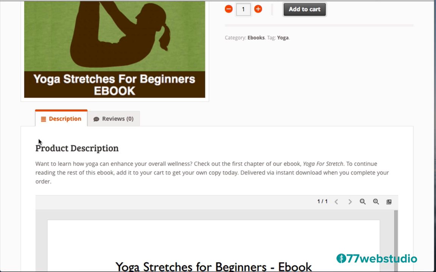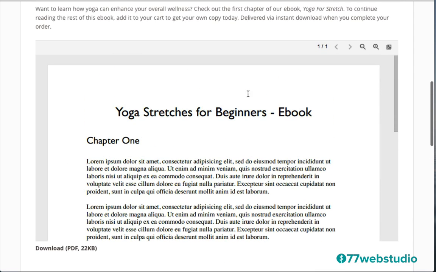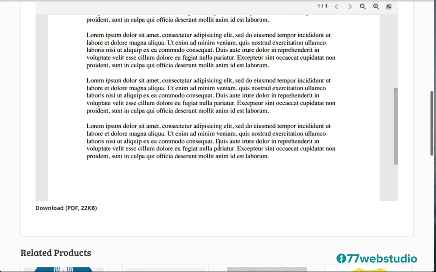And note that here in the product description box, this time we're going to add this Google Doc Embedder plugin so that the PDF of your ebook can be displayed. So perhaps you may want to share with anyone who's checking out this particular product a section or a part of the ebook in order to encourage them to buy the whole thing. So for example, if you just want to share with them the first chapter, you can do so by embedding the PDF or the doc in this particular plugin view right here so anyone can easily scroll around.